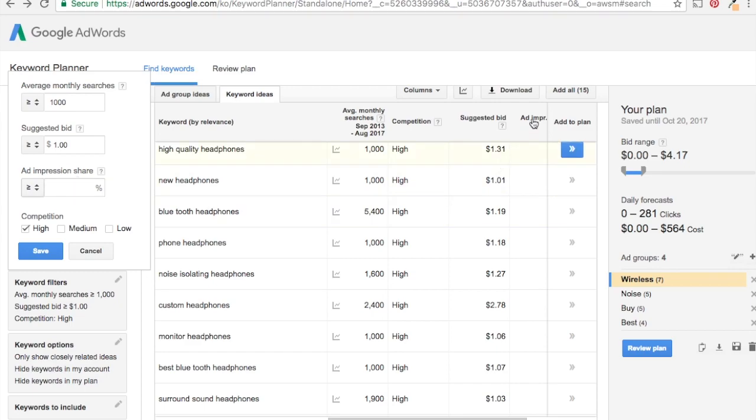So if you're already bidding on keywords here, you'll see ad impression share. You can adjust this. So maybe say I only want to show keywords where I have an ad impression share over 10% or under 10%. Whatever it is, I'm going to get rid of these now. So we go back to our